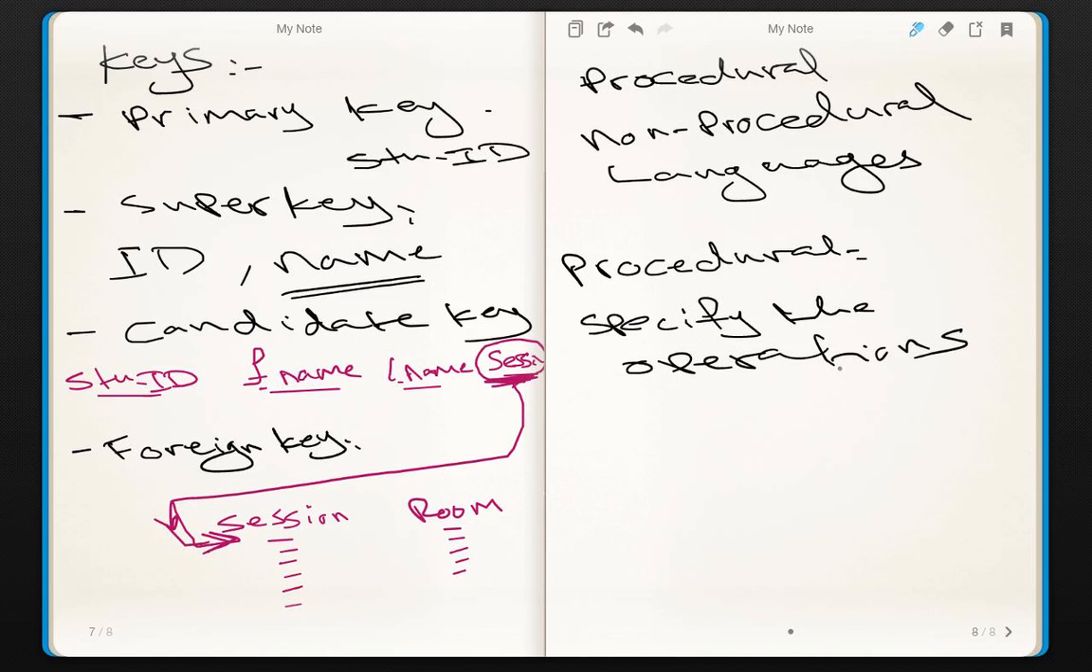So it tells you everything on how you get the result. So you have operations in your database, and then you get the result. The procedural language will specify all the operations, the sequence, and everything you need to know in order to get that data. Unlike the non-procedural